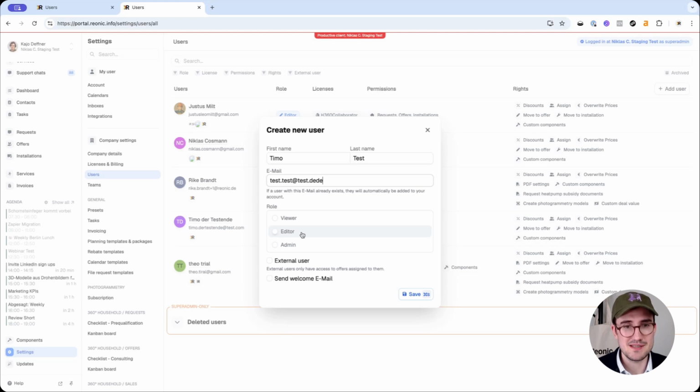And the viewer basically can have the same user rights as the editor, with the exception that the viewer can't edit stuff. So it's basically a role to look at stuff, so nothing can be changed, not even notes. So it's a very limited role, usually used for controlling or someone external that was just checking in. In this case, we'll set the role as an editor,